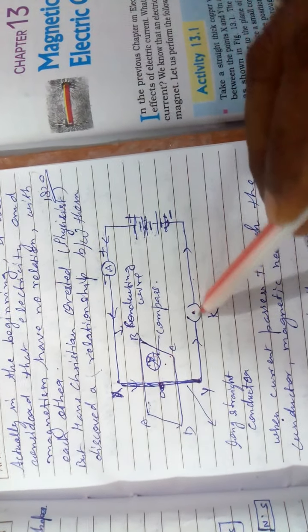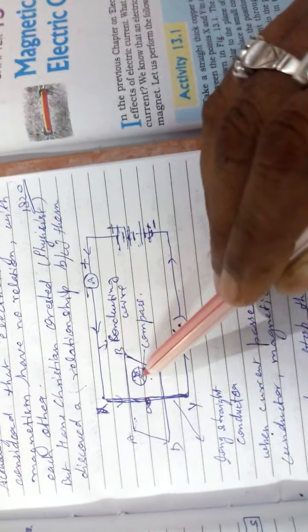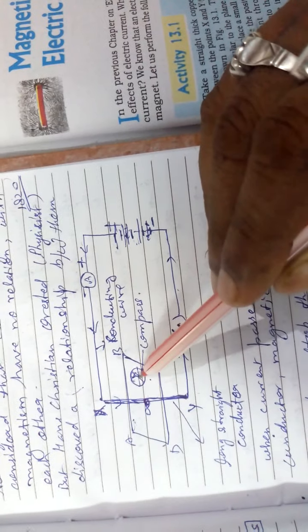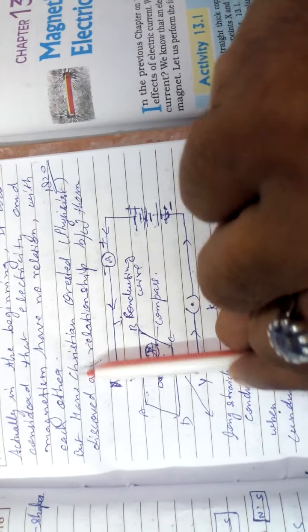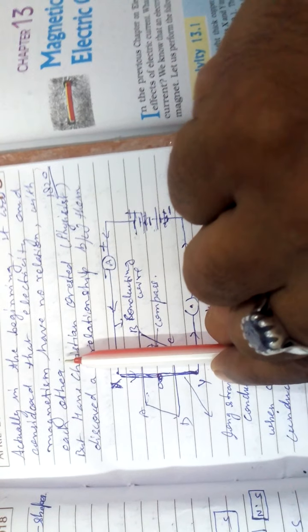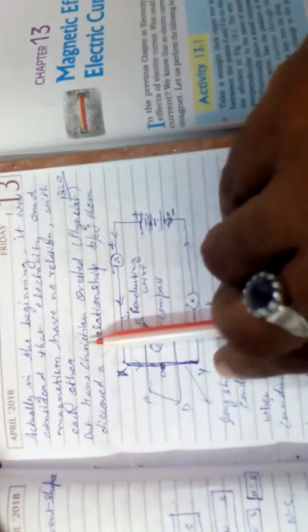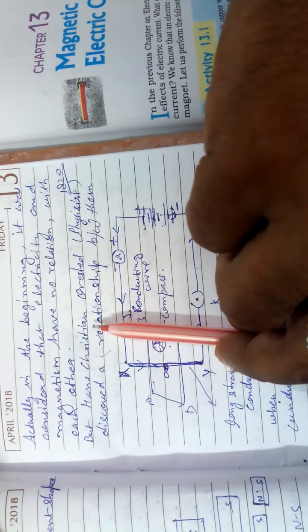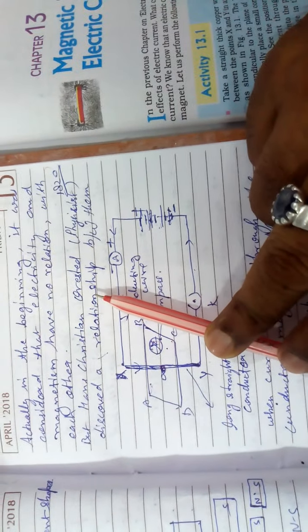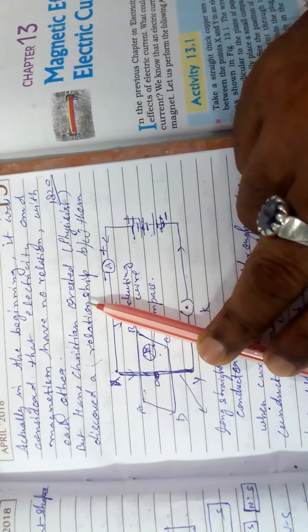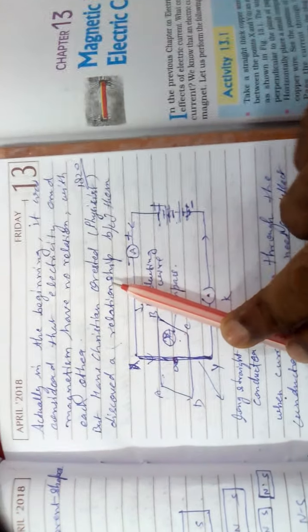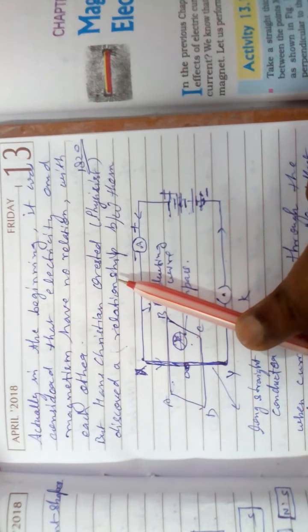When you put the key and the current is flowing, you see that the needle, which was at rest like this, deflects like this. Actually, the earlier needle was like this. The arrangement was exactly north and south direction. When the current passes through this conductor, the needle is changed like this. What does it mean? It means someone is pushing. Who is repelling? Repulsion and attraction is a very important property of the magnet. Like poles repel each other, unlike poles attract each other.